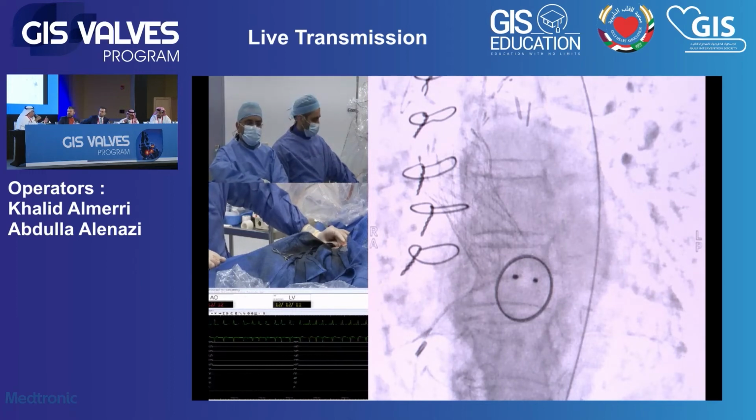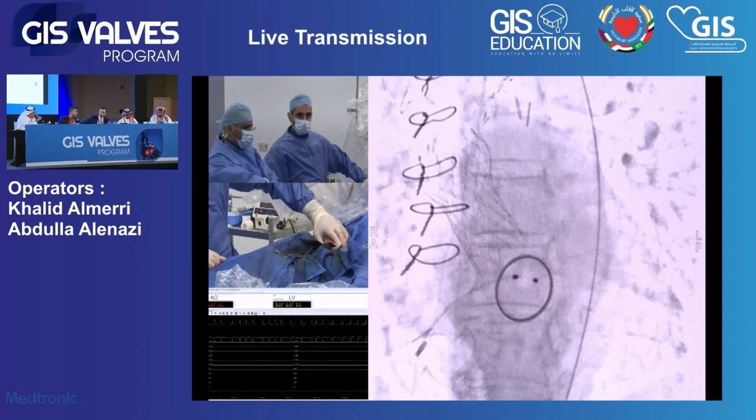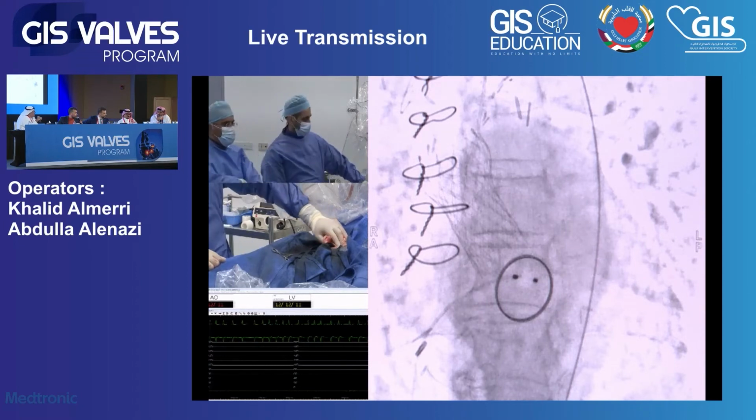I think it is also correlated to the learning curve and your experience as the operator, Abdurrahman. Yes, I think the ultrasound guided approach is a new and nice procedure. The problem is really that it is operator dependent. So whoever does it should have good training and accumulate experience with time. I have some cases where I fail to do it with ultrasound, so I do it angiographically. I still trust my old